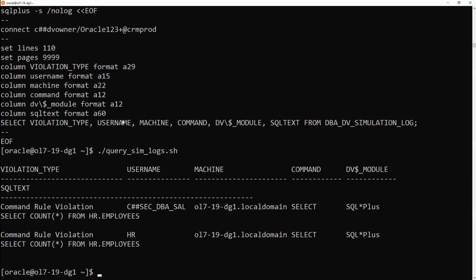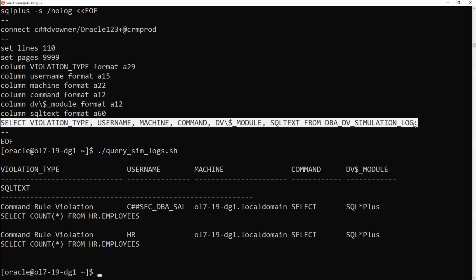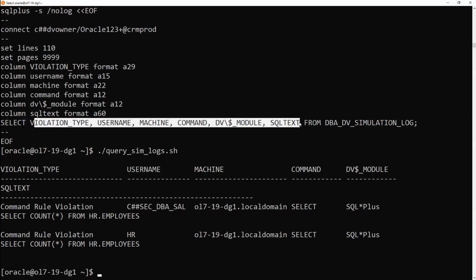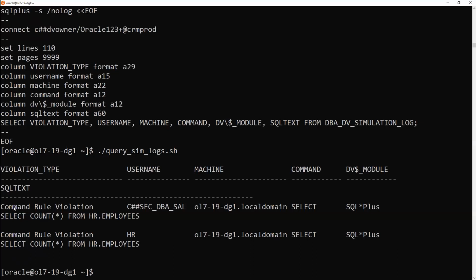But if you do run into queries where you have an issue, there's a couple data types that you have to work through here. I just went after these particular columns because this is what's important to me. We can see we've got command rule violation. We can see the user, what machine he came from, what command he executed, and what module he was using. So I'm using SQL*Plus. And then we can see the exact statement that Sal executed,